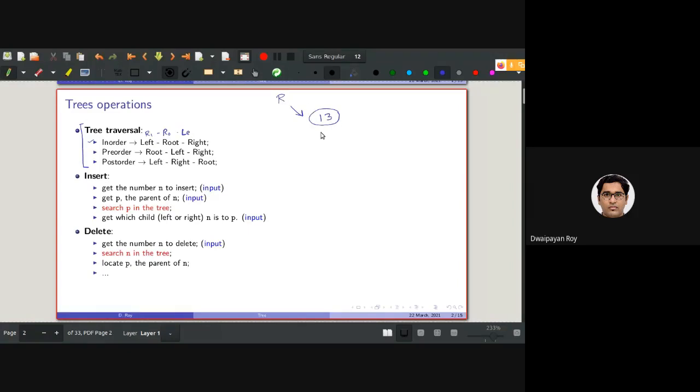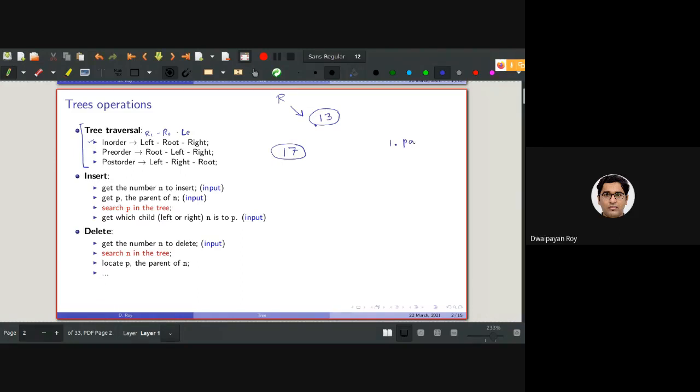Then say I want to insert 17. There are two questions that should be answered before I will be able to add 17 in the proper place. What are the two questions? The first question is the parent of the node.